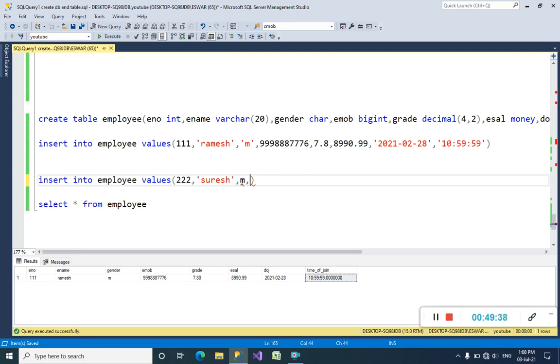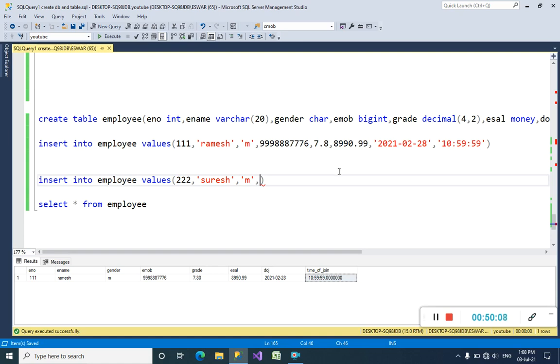See, guys, what error is showing: invalid column name, because the gender column has data type char of 1. A character must come between single quotes. We have to write it between single quotes.